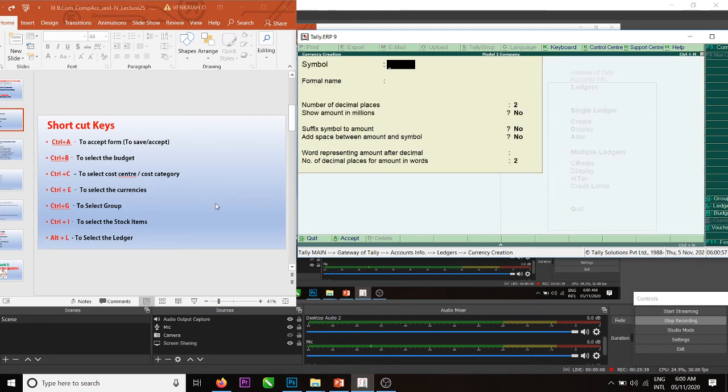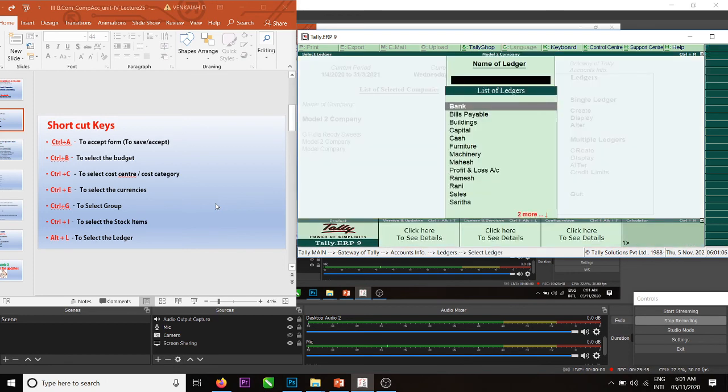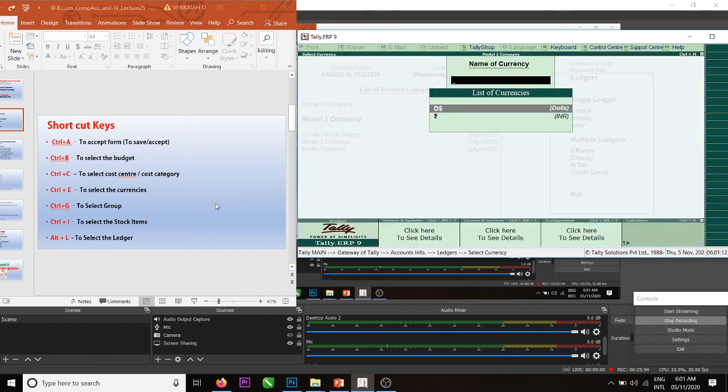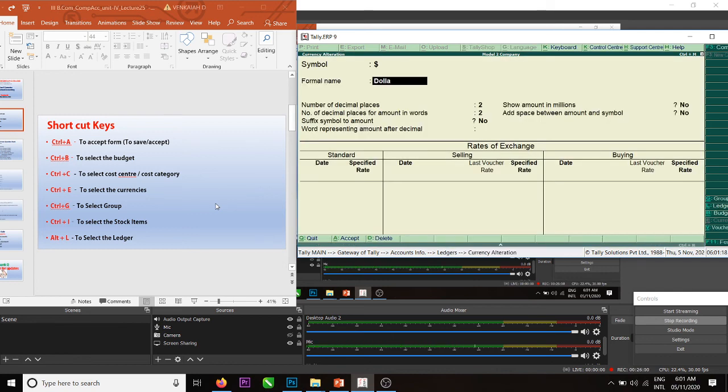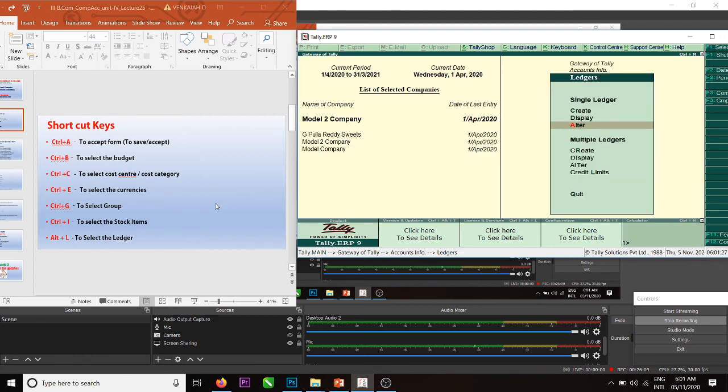Control E. Here are options. Now select this. So whenever we are creating the ledger and whenever we are altering the ledger, we can invoke the currency by pressing Control E.